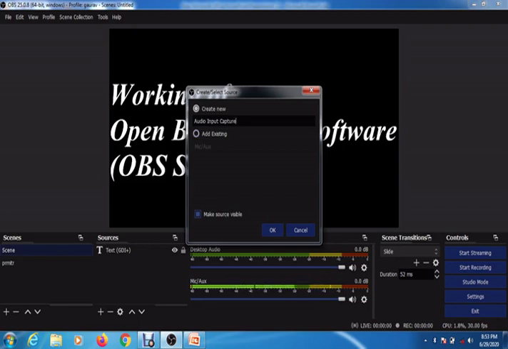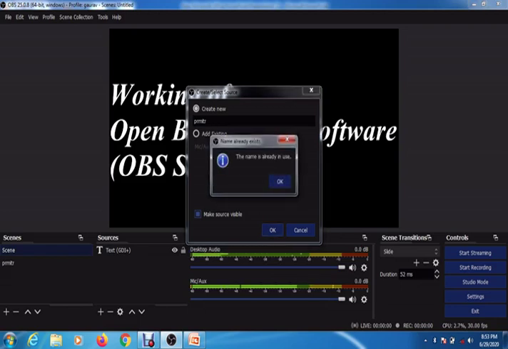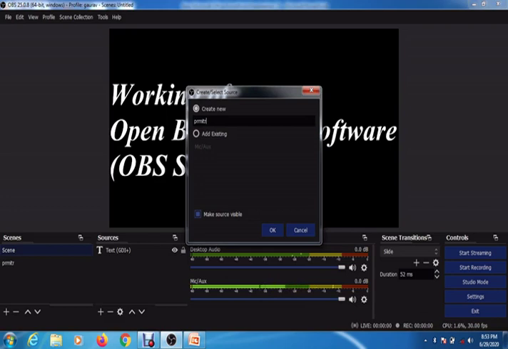For example, I'm giving this name as PRMITR again. Now I'm clicking OK. Here it is saying that the name is already in use, because I have created a scene with the same name, so I am again giving it the name PRMITR Badnera.